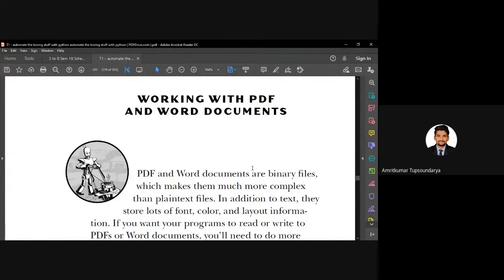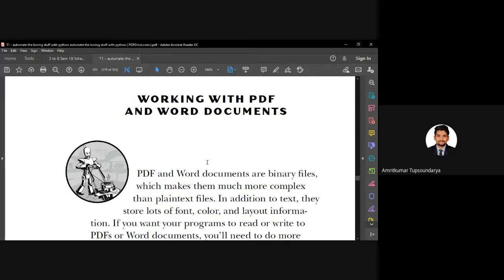Right, so this is also a very interesting topic. Reason being, you are already aware of PDF and Word documents and use them on a daily basis. You must have used them so many times, doing a lot of things like creating a report or maybe a document like a letter or anything, right? So they have wide usage, PDF and Word documents.